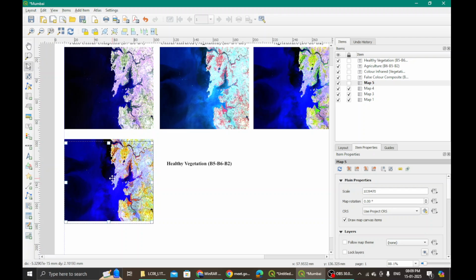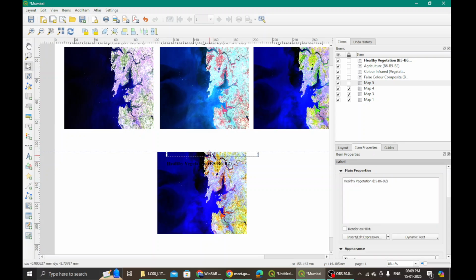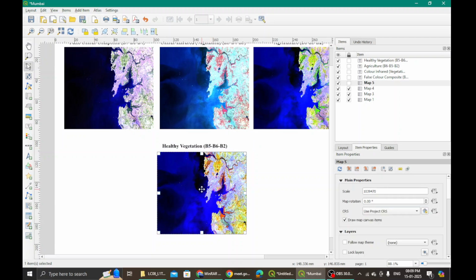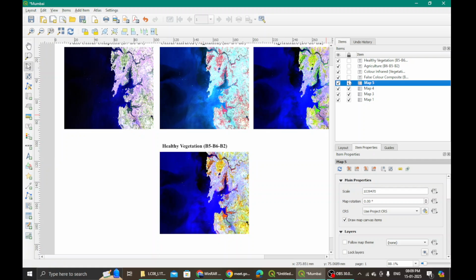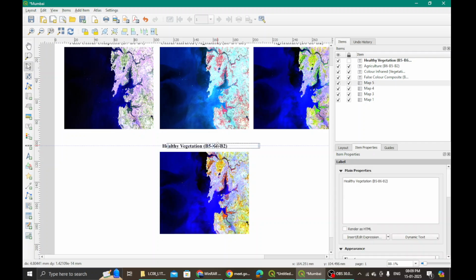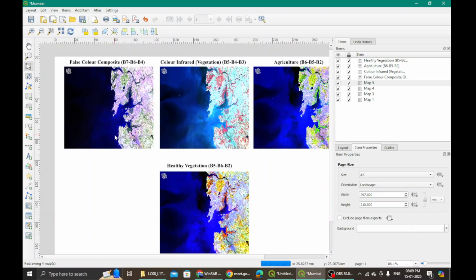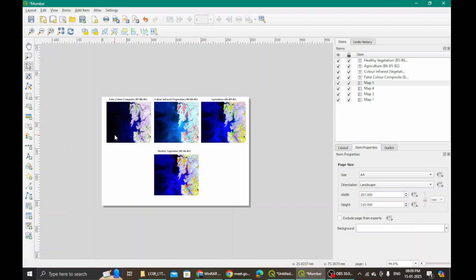I will slightly adjust this. Let me bring it right in the center. That will be better. Then I bring this up. Keep it there. Arranging it. Let me lock all these. All this dynamic text also I am locking them. Why am I locking it? Because I don't want it to change later. So this healthy vegetation, let me just move it slightly to the center and then yet again lock it. I am locking everything such that it won't change anymore. Okay, good enough.